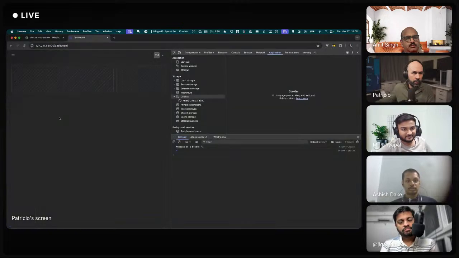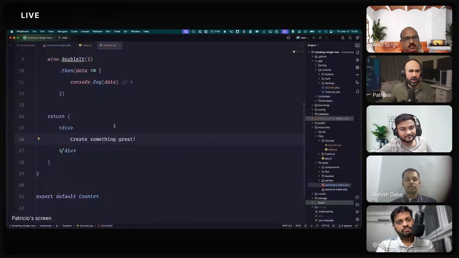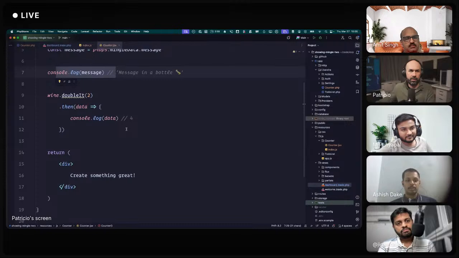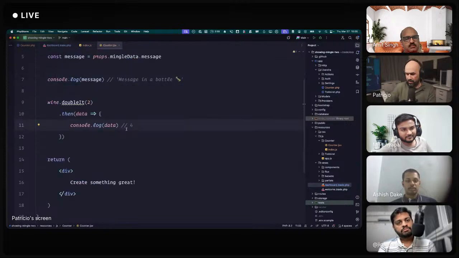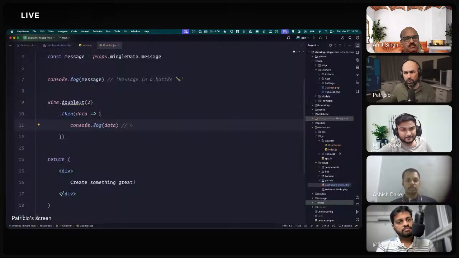Okay, so we see message in a bottle and 4. That's because we already ran the console log of what comes from the backend. So I'm not exactly sure why we're not seeing it.